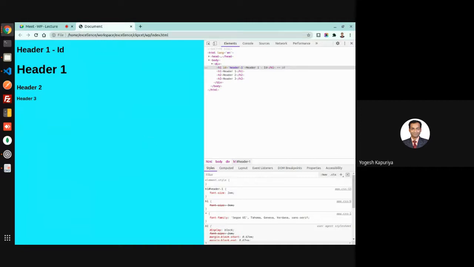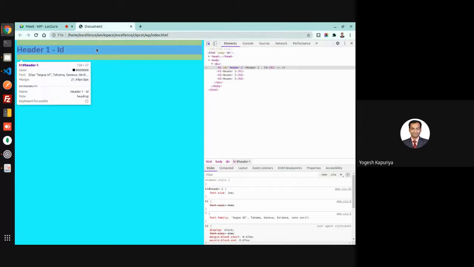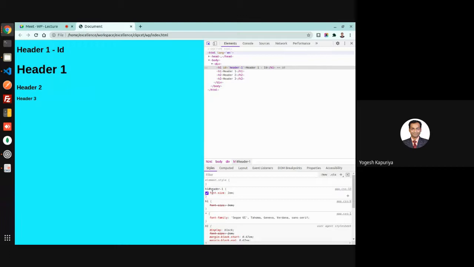So now you should understand that the style which is mentioned under the ID will overwrite the default style. Whenever you write something with the ID, that will overwrite the default style.